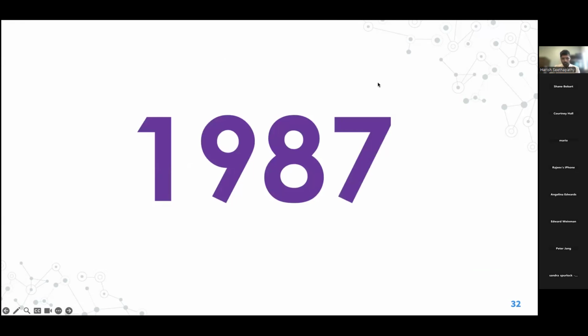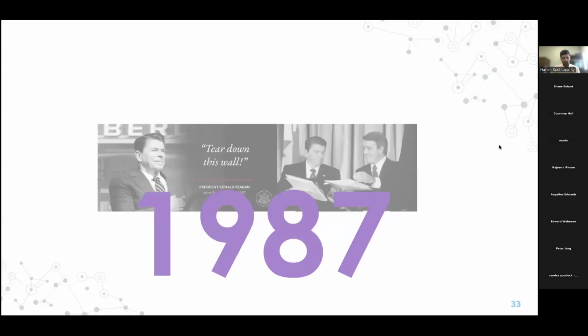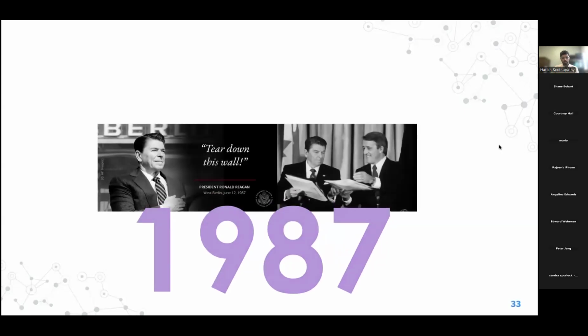1987 comes rolling around. This was the time of the pivotal Rick Stearns paper that was published. And it was also the time that Ronald Reagan gave his famous "Stand on this wall" speech about the Berlin Wall. The Berlin Wall, of course, didn't come down until a couple of years after this, but it set the tone that after the wall came down, this speech was hailed as important.